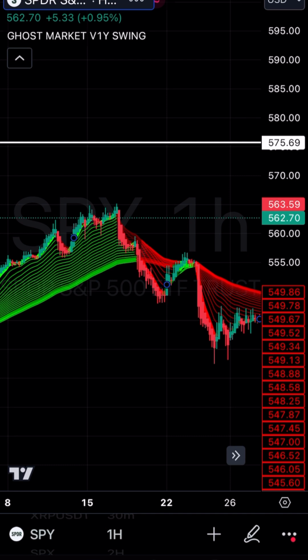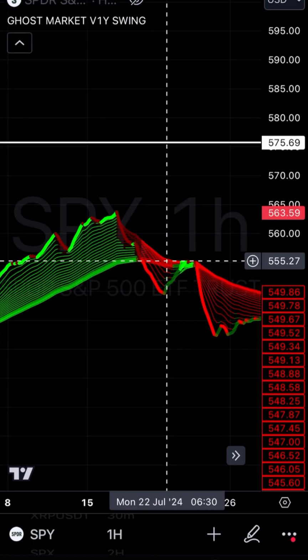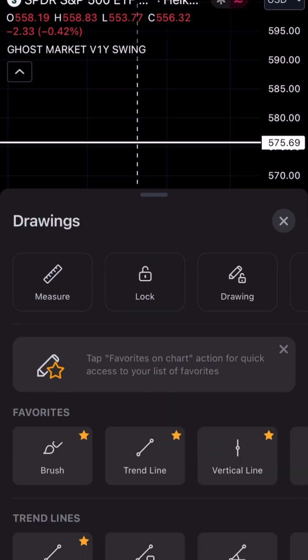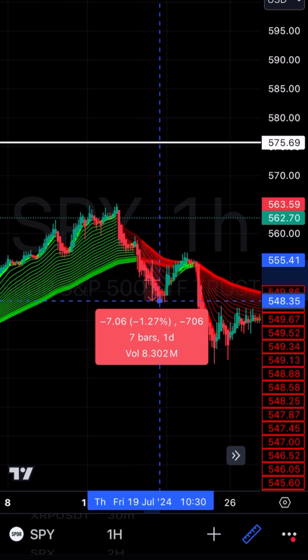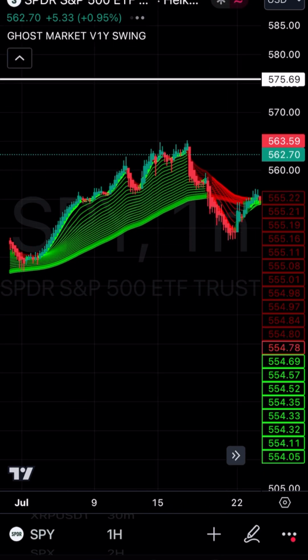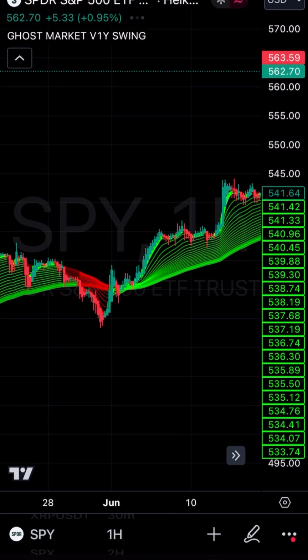Now this is a small one. Let's just see where it crossed. So yeah, this one isn't going to be that big. You see the cross happening right about here. You still would have had profit right about here. You would enter, exit down here. You would have made $651. Not as big as the other ones, but